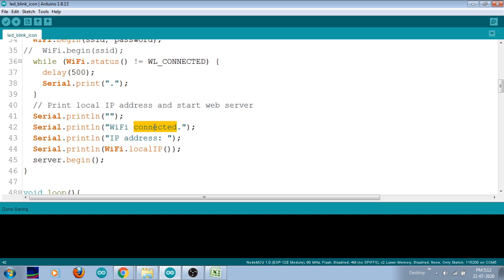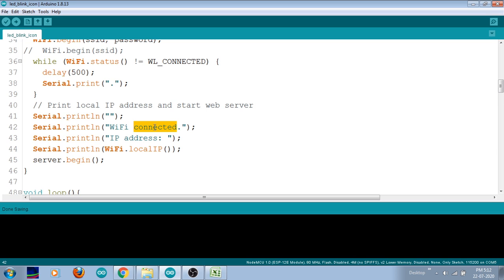Suppose when you are looking for a new client through server.available and there is no client available, then a false condition is stored in the client, and this particular if condition will not be executed. Simply it will end your program, and again it will look for a new client. So this is the end of your program. The if condition spans the rest of the program, so only if your client is available will this if condition start. Otherwise the entire process will not be done. It will simply skip the loop and again look for server availability. That's a specialty. So you can expand the code now.